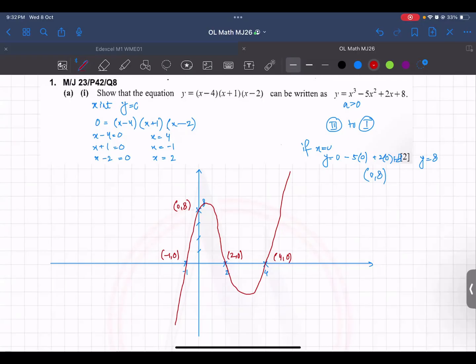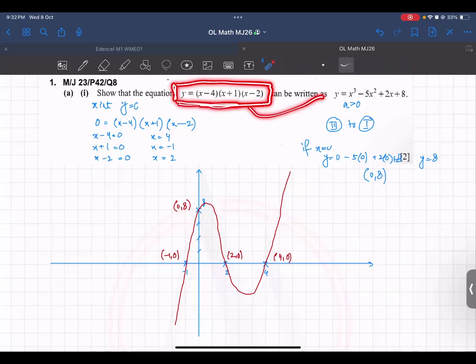What did you do? Sir, that second part, y equals x cubed minus 5x squared plus 2x plus 8. The first part, they're just asking you to expand this fully. Yes, I understood that. Show them this equation. You will get this equation, okay. And then they're asking you to sketch it. The second part was to sketch it. So this is what we're doing, sketching it. And we need some information, right? We need the x-intercepts, we need the y-intercepts, we need the general shape from where till where it will go.